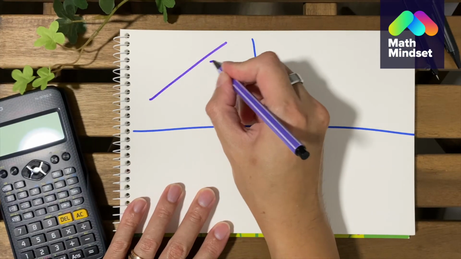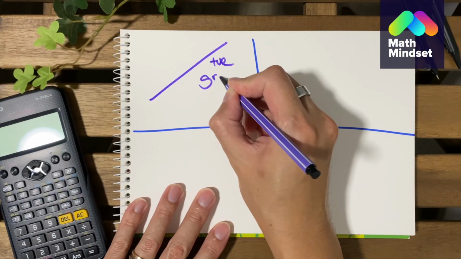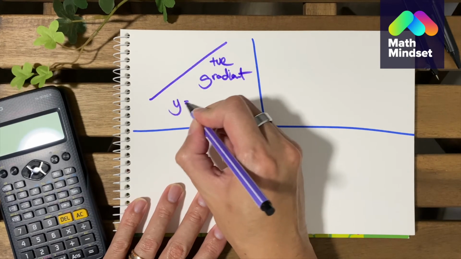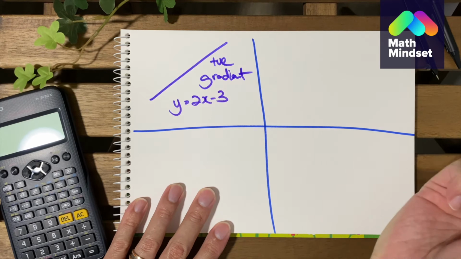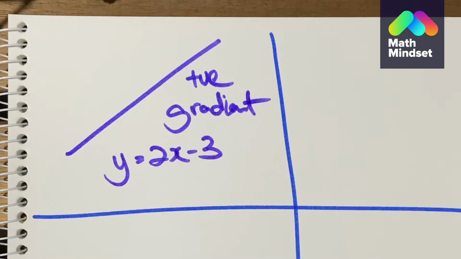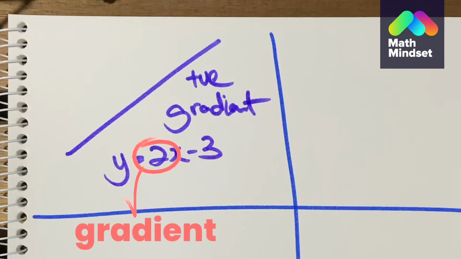And there are usually four different types of linear graph. The first one looks like this. It looks like an uphill graph. From the left to the right is going uphill. And this is called a positive gradient graph. So it will usually look something like y = 2x − 3. So we see that in y = 2x − 3, the gradient is actually 2, which is a positive